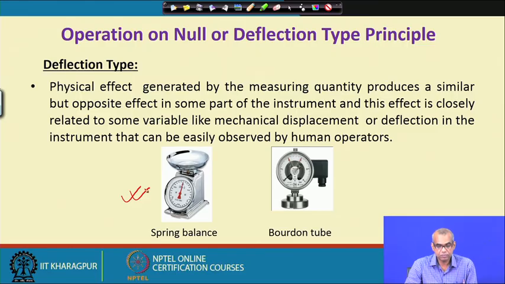Look at this spring balance. When you put weight on this pan, the information about the measurement is represented by the deflection of this pointer. Similarly, in the Bourdon tube, when you apply fluid pressure here, the information about the measured pressure is indicated by the pointer against this scale. So, a deflection type instrument indicates the information about the measured quantity by a deflection, whereas